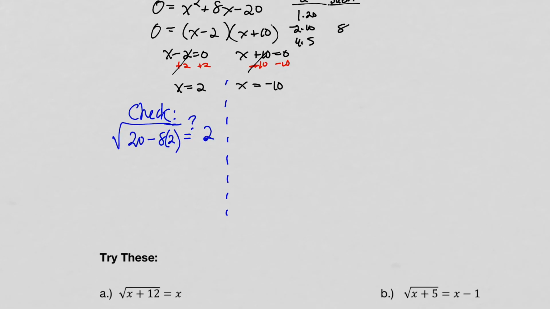So 20 minus 8 times 2, is that going to equal 2? Okay, so let's see. 20 minus 16. 20 minus 16 is 4. Square root of 4 is 2. Yes, this is true. So that means x equals 2 is true. That is a solution. And then if we check the other one,